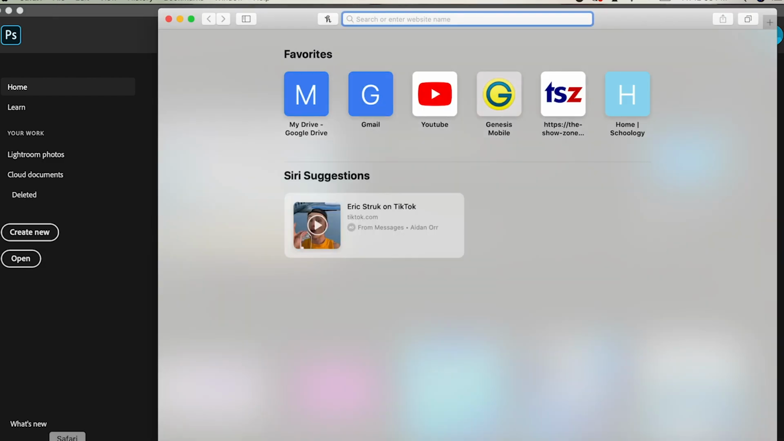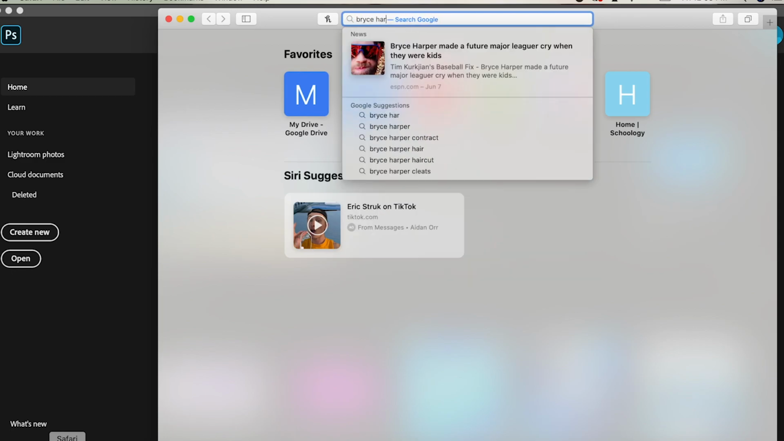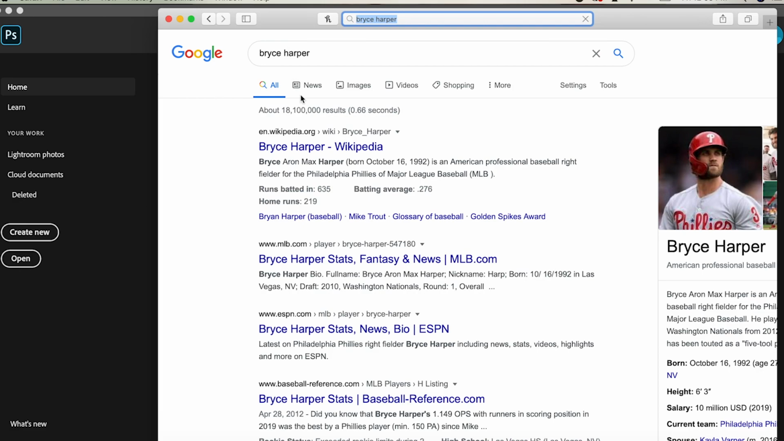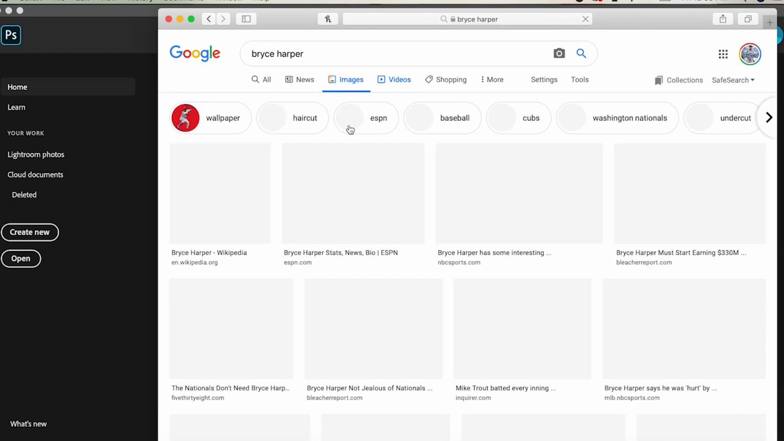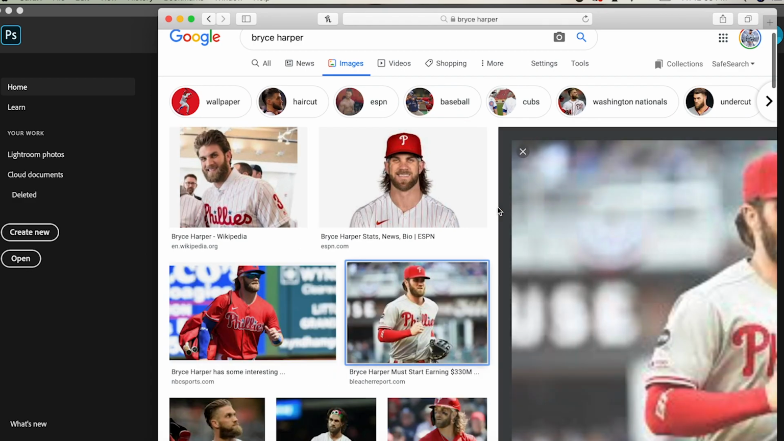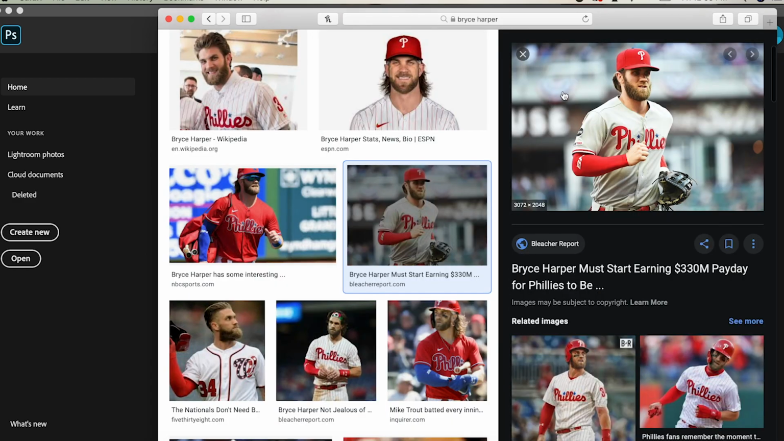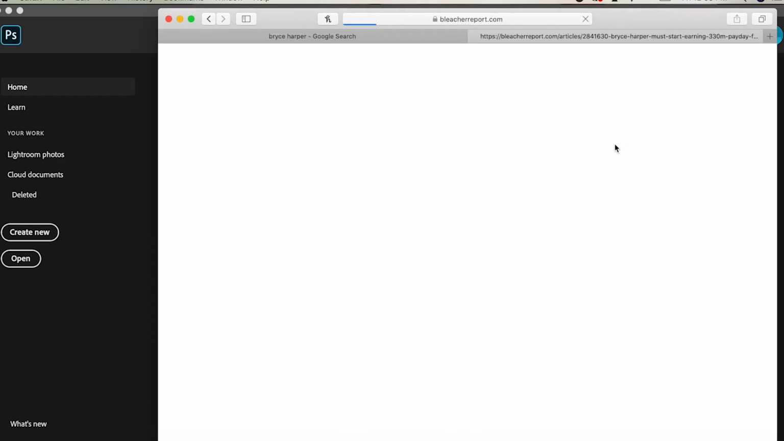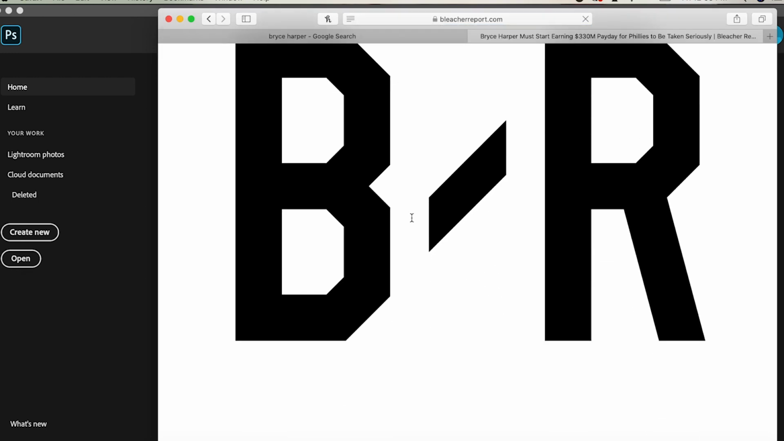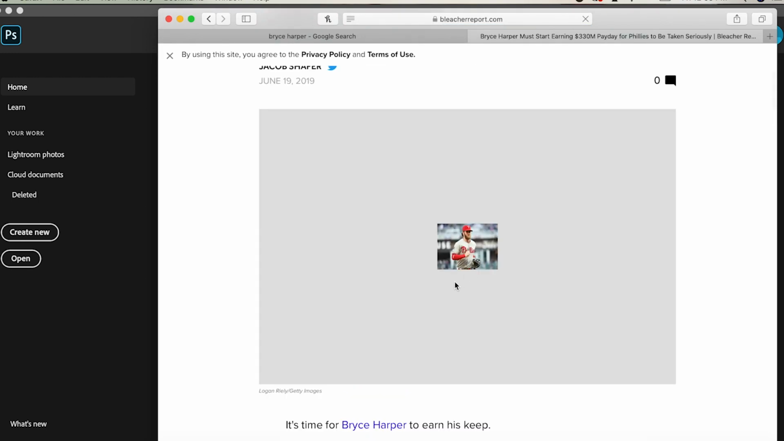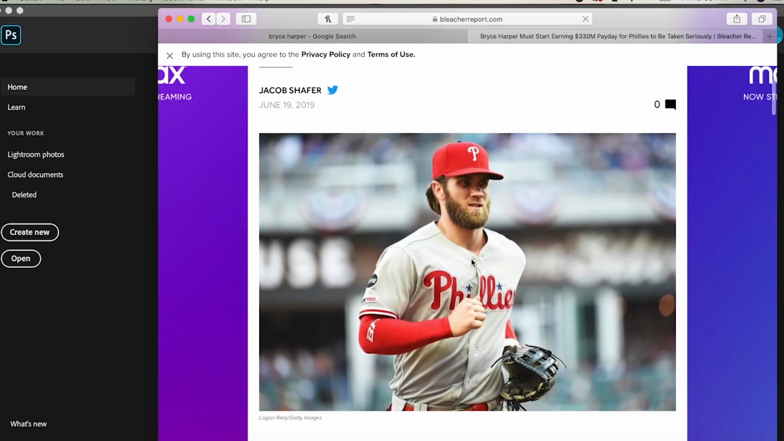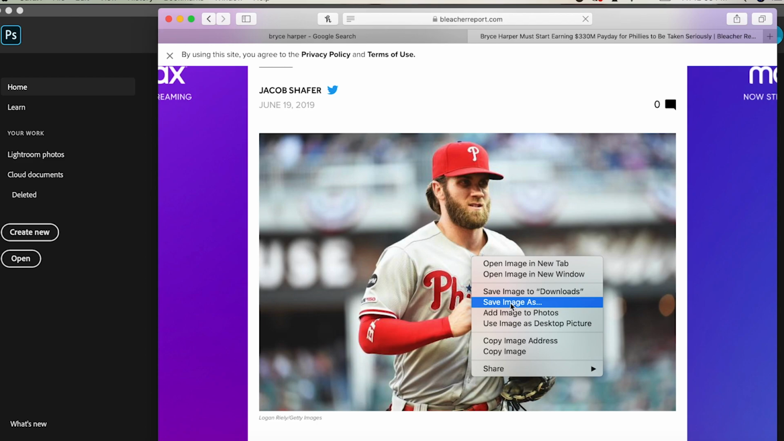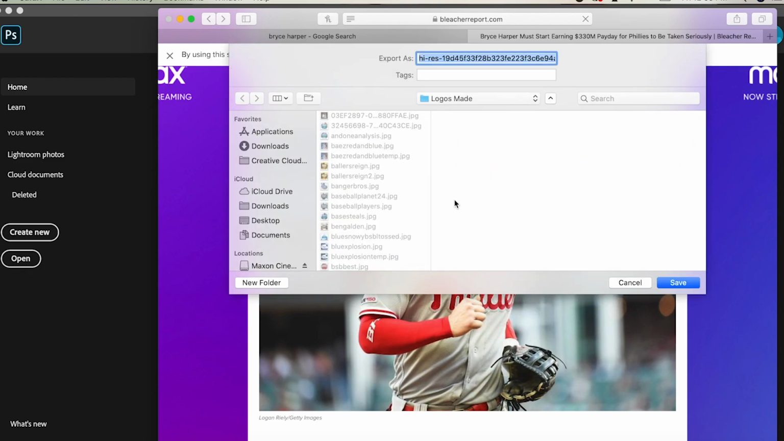So what I'm gonna do, I'm gonna go in Safari. I'm gonna type in, let's do Bryce Harper. Let's say we want this. There's multiple ways you can do this. I'm just gonna save it. It won't let me save it, so I'm gonna have to click on it. Alright, so I'm gonna right click, do save image as. I'm just gonna name it Harper, and put it into